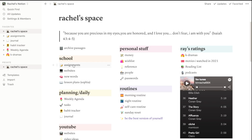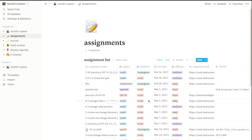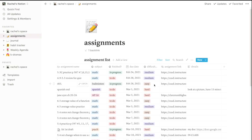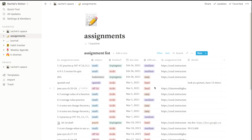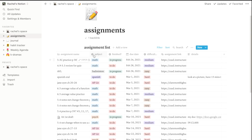So first I have my assignments page, and I use this every single day. This is probably the most useful page that I have on my Notion. If you are a student, I highly recommend you make this page. Basically, this is just where I write down all of my school assignments, and I just have